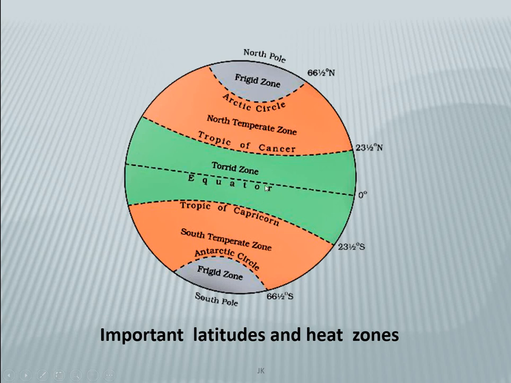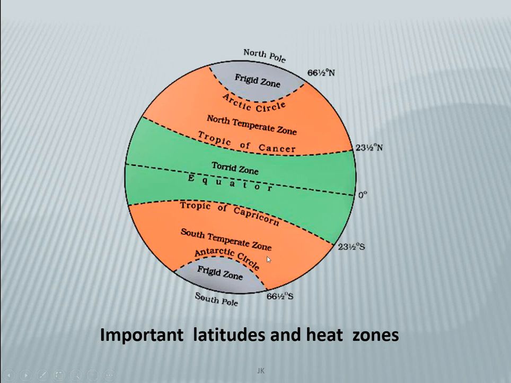This receives the maximum heat of the sun as the sun rays directly fall on this part of latitudes, right? And then here you can see the orange color parts which are in the north temperate zone and south temperate zone. So these are called the temperate zones. The latitudes between Tropic of Cancer and Arctic Circle, and the latitudes between Tropic of Capricorn and Antarctic Circle come